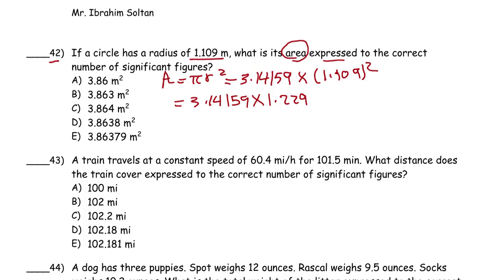This number has 1, 2, 3, 4 significant figures. This is larger than 4 significant figures, so the answer must have 4 significant figures, like the least significant figure here. So the answer with the calculator equals